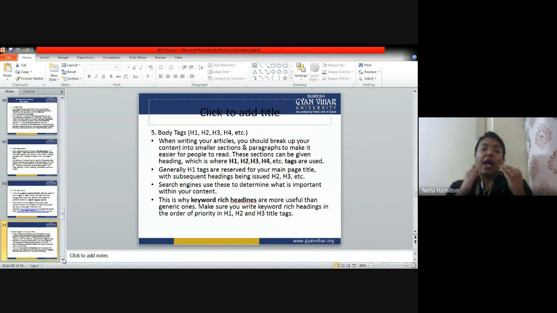Because as many body tags or H1, H2, H3 tags as you add in your text, you are giving more scope to the crawlers to come to your website and check it, right? The more the headings, the more the scope for the crawlers to come to the website and check it. Okay, so that's why a higher number of body tags is always recommended whenever you are writing an article.